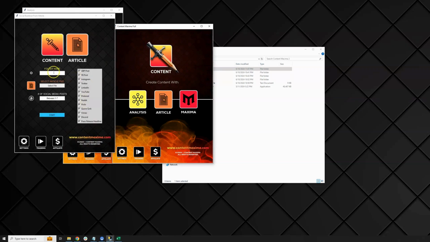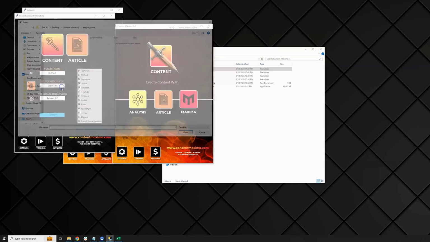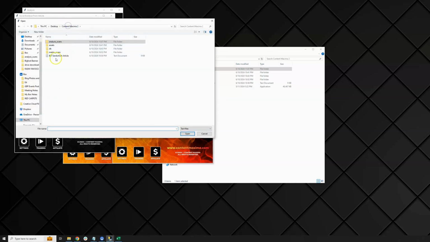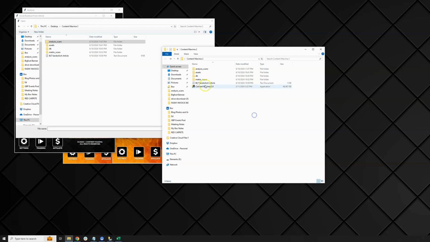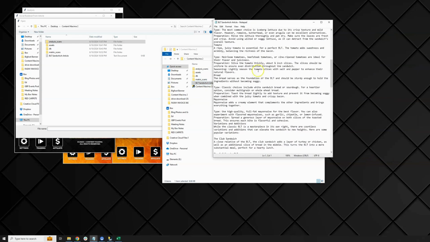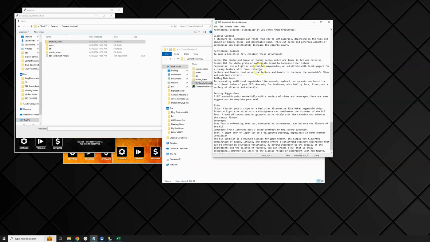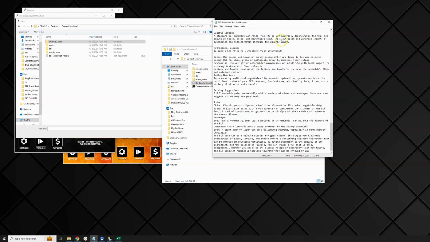content module, you can set an output folder name. So this is just what everything's going to be saved to. So I'll just call this BLT test. I'm going to select an article file that I have. It's literally just a text file. There's no special formatting. I just want you to see this. It's nothing special. This is what you can feed it. Feed it a whole article, just copy paste into a notepad, and then you'll upload that text file to the software,